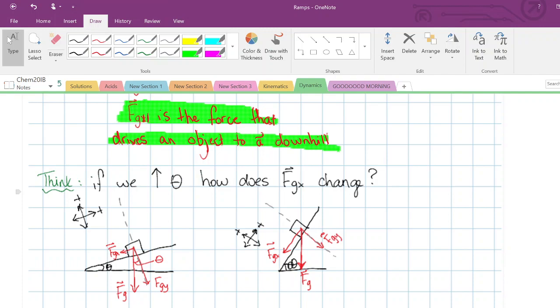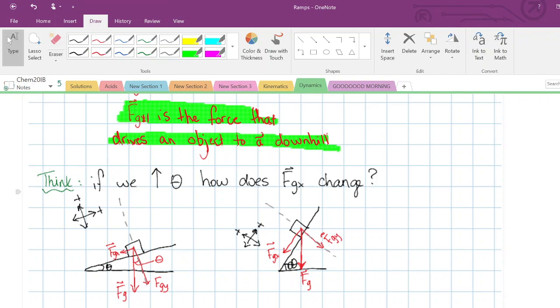And as a result of becoming much, much larger, that's going to cause the object to accelerate down toward the base of the hill. So what causes an object to slide as the incline gets steeper and steeper is the fact that as the incline gets steeper, that force gravity parallel gets longer and longer in magnitude,